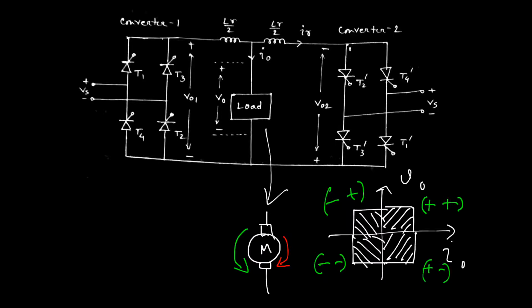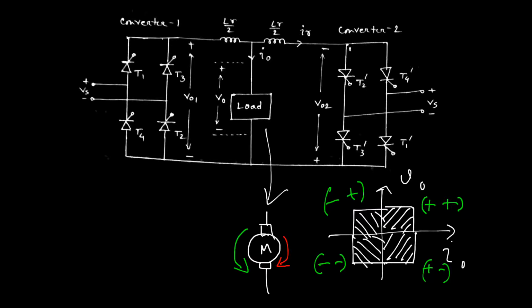Now the question arises when converter 1 and converter 2 both start working at any instant with a proper firing angle, suppose alpha 1 and alpha 2. Then obviously the current starts flowing from converter 1 to load in this direction and from converter 2 in this direction. That means if the voltage across converter 1, VO1, and the voltage across converter 2, VO2, have the same magnitude, the same amount of current flows in the opposite direction across the load. That is why no voltage appears across the load,